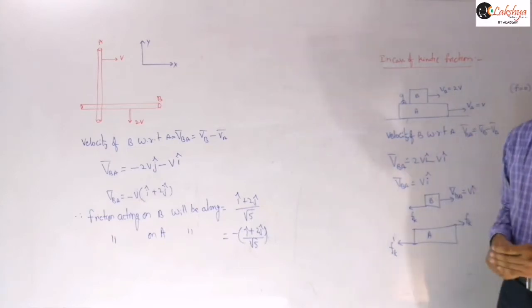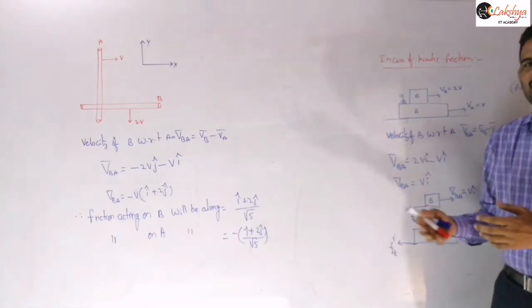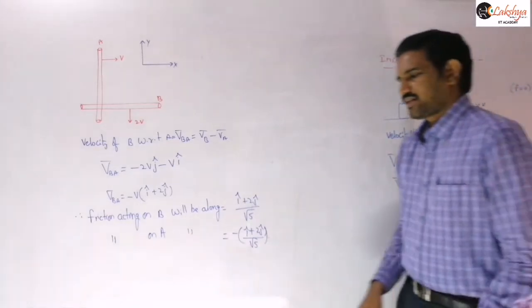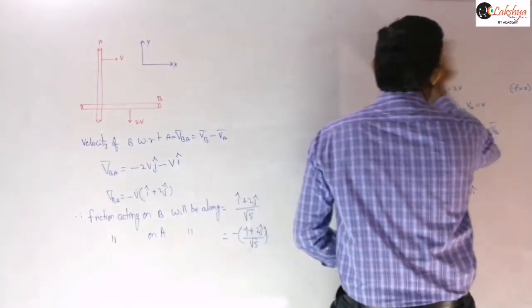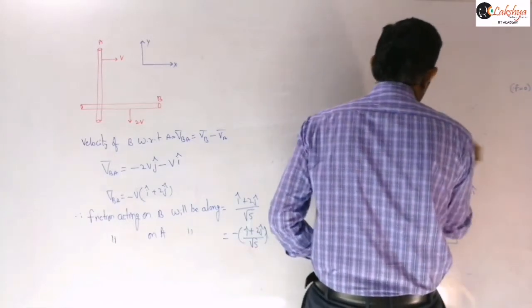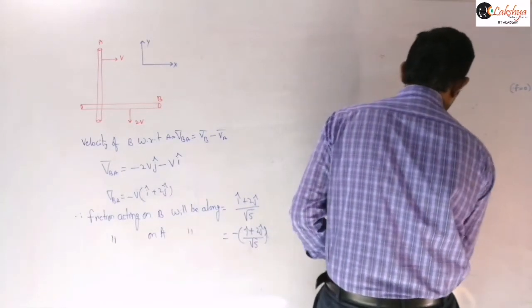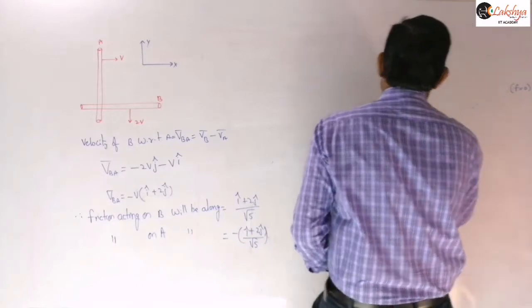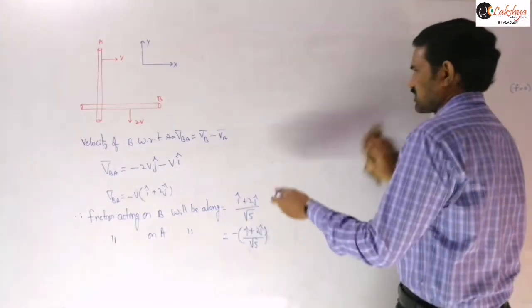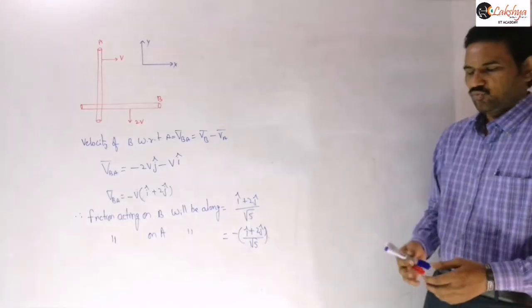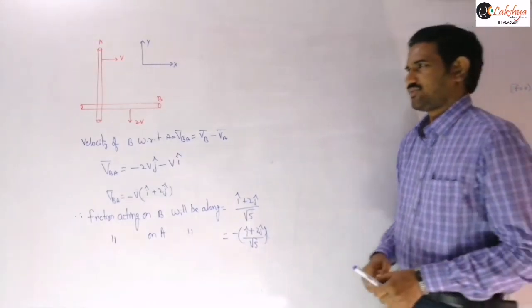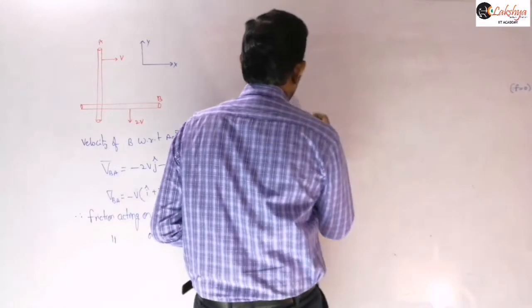So that means when the system is accelerating, that means when they are moving like this, you can find the direction of the friction like this. And sometimes, as I said, if velocities are known to you, then you can answer the direction of the friction like this. Suppose velocities are unknown for us, if velocities are not given and only the force diagram is given for us, and for example here I am taking that